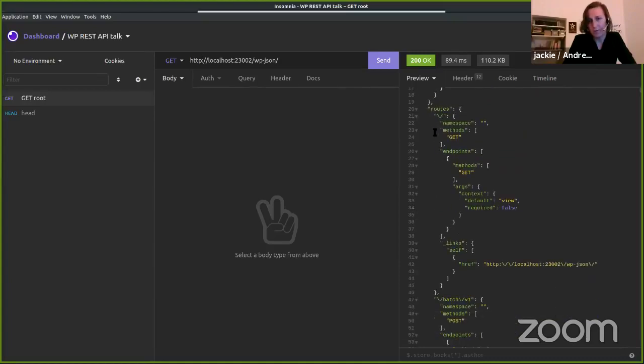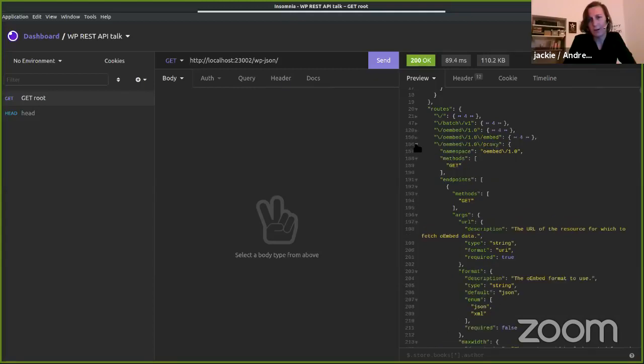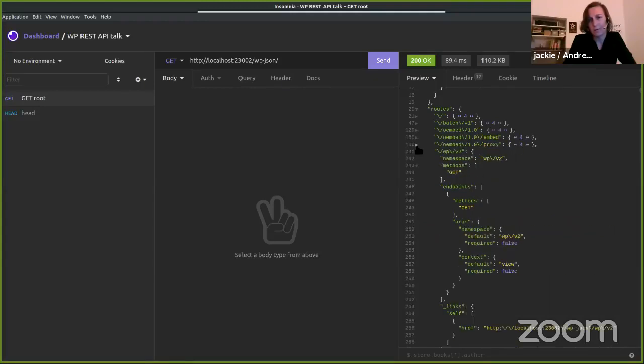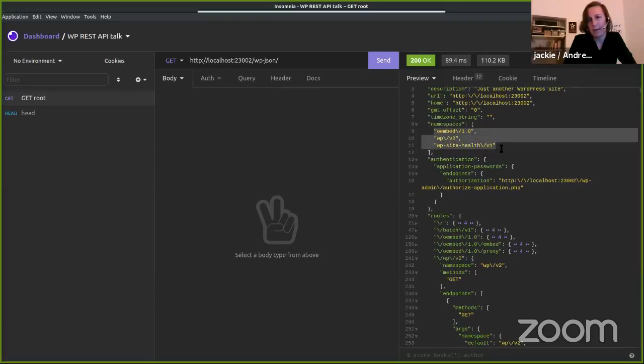And we have a lot of routes. So you see here, it's a bit tedious if I want to click through all the extra routes that there are, but you see also in the namespaces that there are only these three things. So no bbPress, like in the other example with the block before. That's the things that are there out of the box in a fresh WordPress setup.